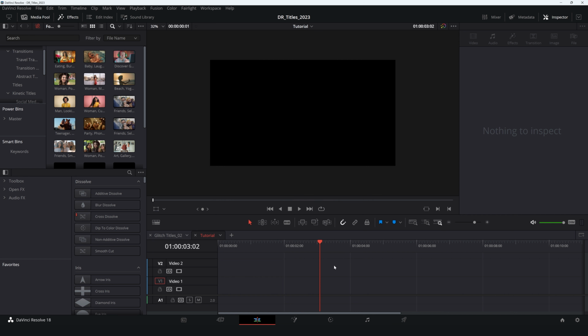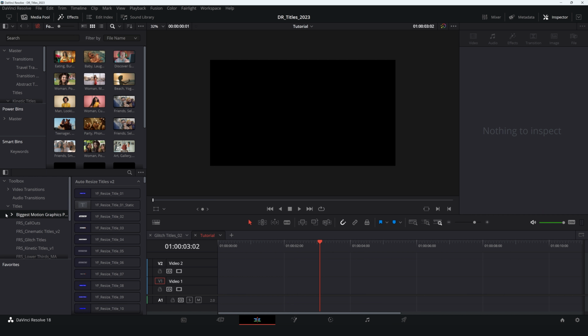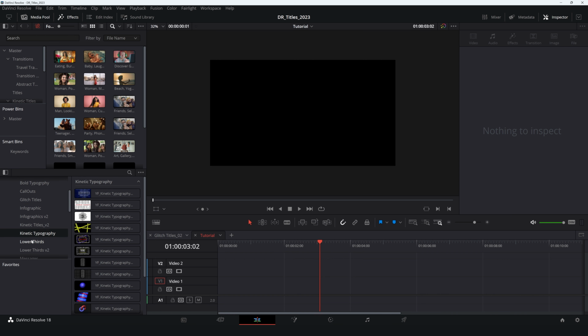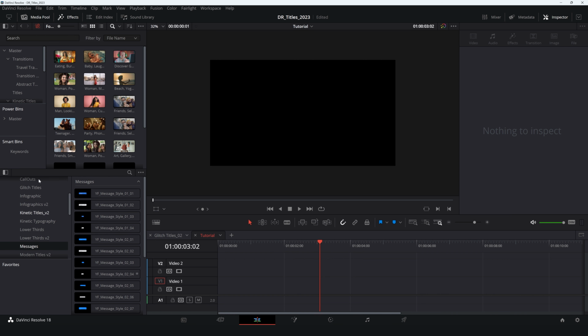And now we need to locate these files inside of DaVinci Resolve. To do that, we need to open the Effects panel, this button right here, and then we need to go to Toolbox. Then we go to, for example, Titles, and we have Biggest Motion Graphic Pack. And if we extend this category, we can see a bunch of different folders and a bunch of templates that we can